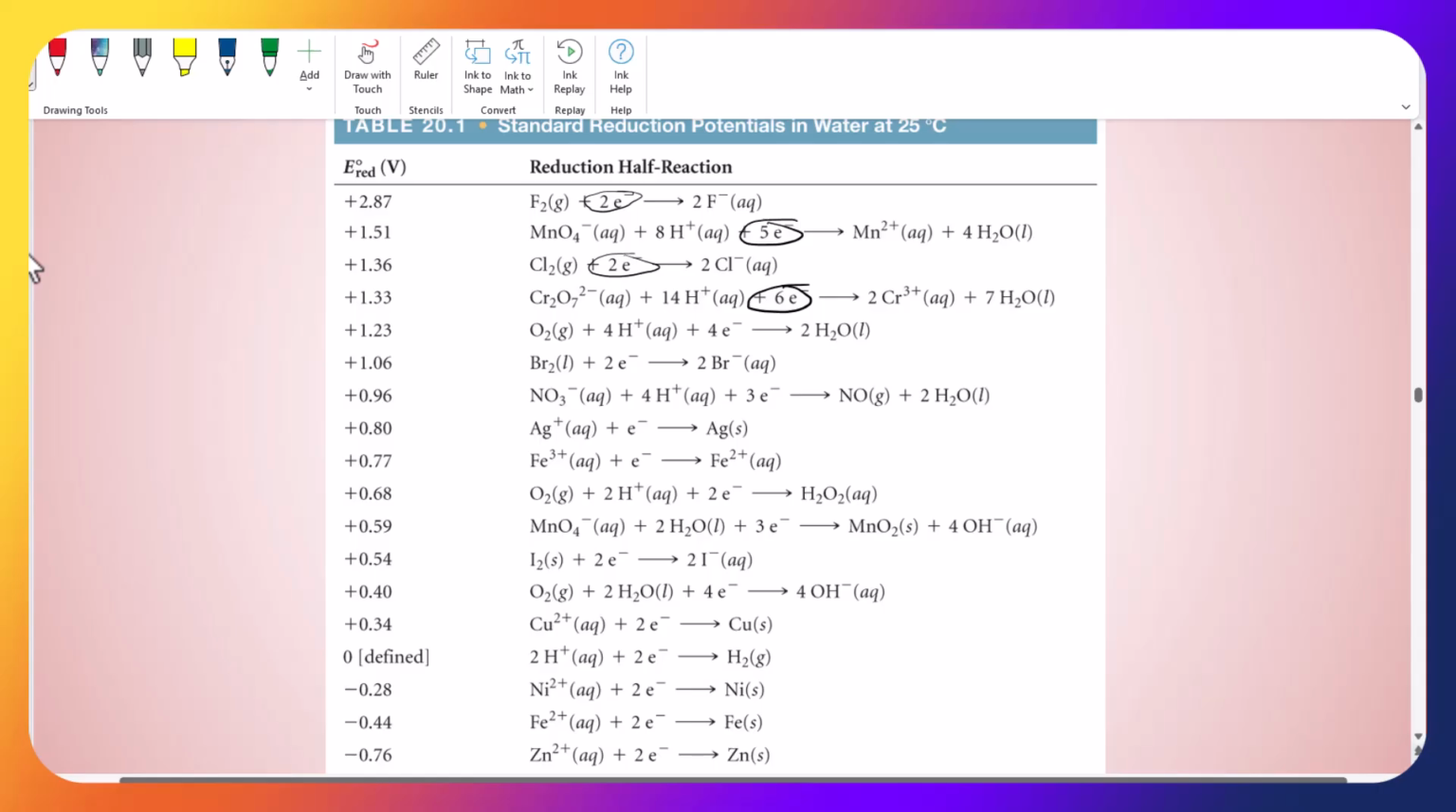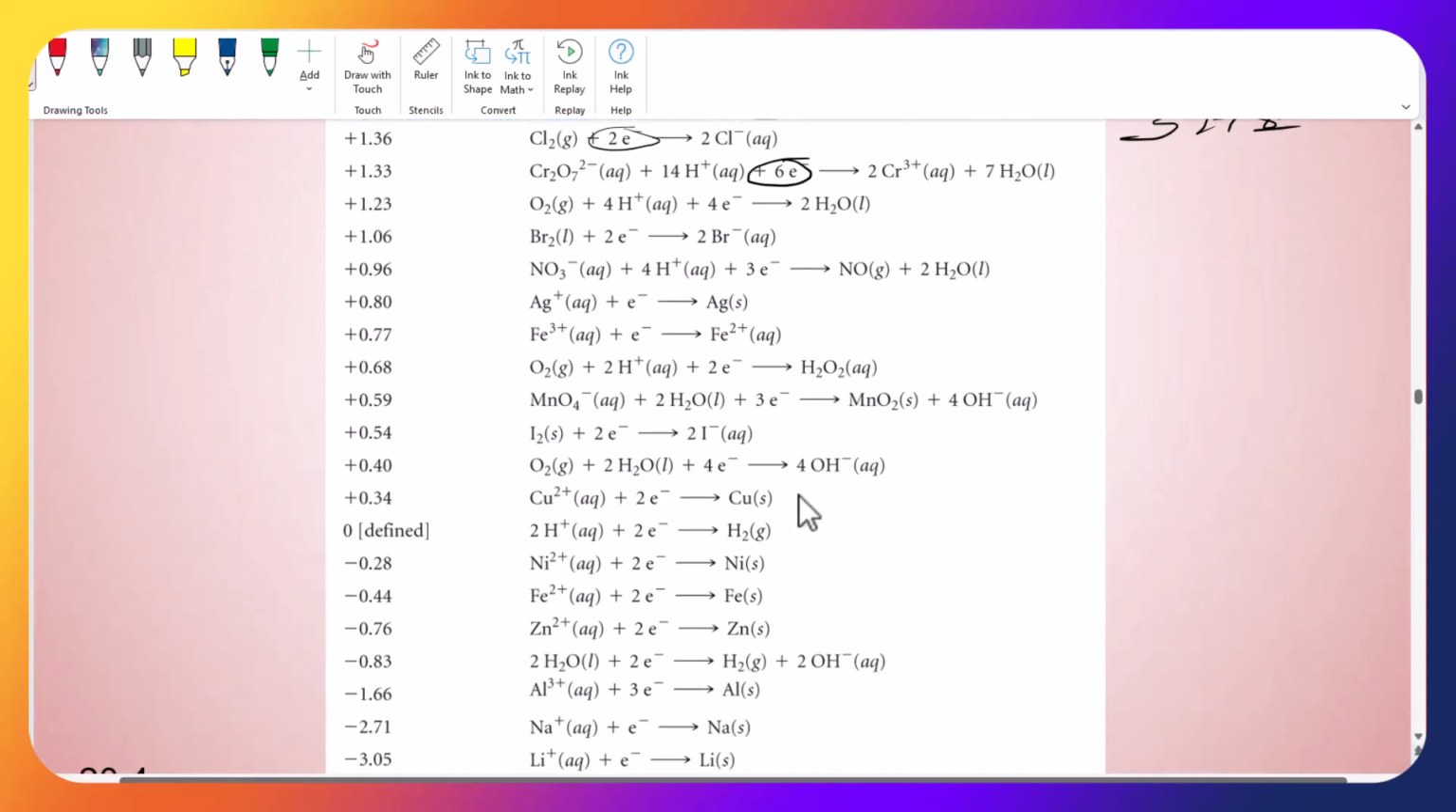Now, all of these reduction potentials were determined by using the standard hydrogen electrode that we just looked at. Up here, where you have positive values for all these species on the reactant side, those positive values mean they have an energetic tendency to accept electrons, to be reduced. Now, if we go down to the bottom over here,